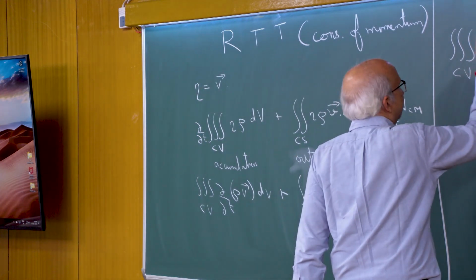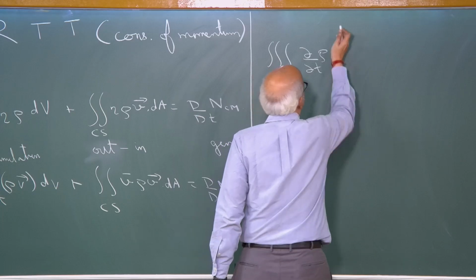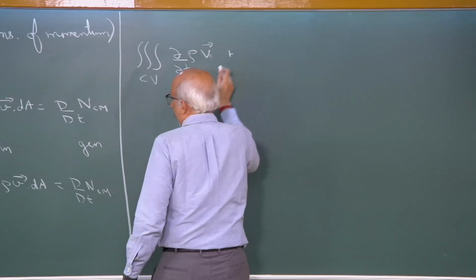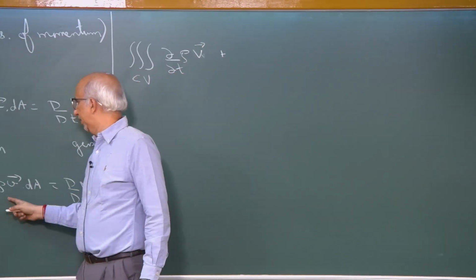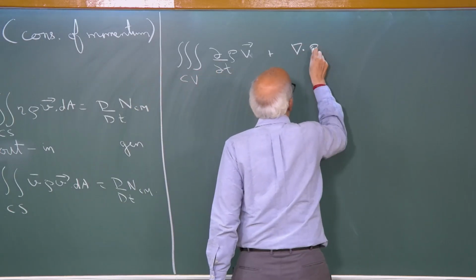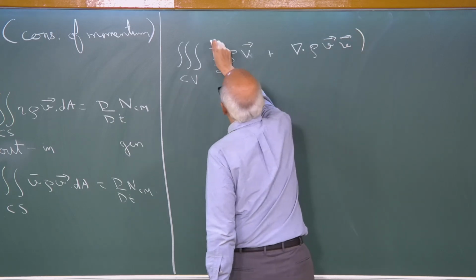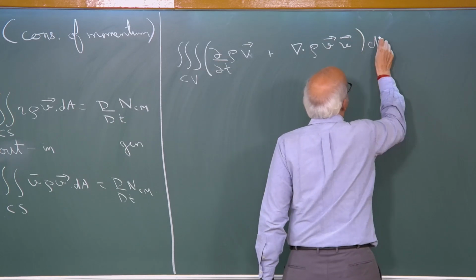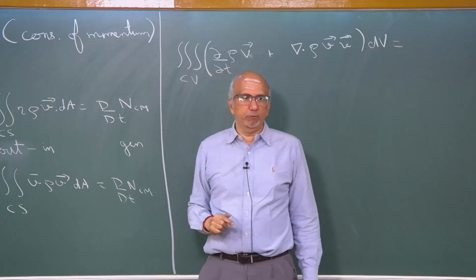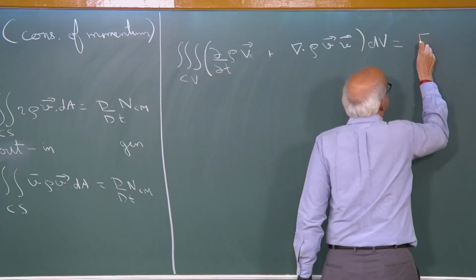So, I am going to pull this derivative inside, and when I use the divergence theorem, I would get divergence of rho v v over the volume element, and the right hand side I said was going to be equal to the forces which are acting. Okay. These are the forces,